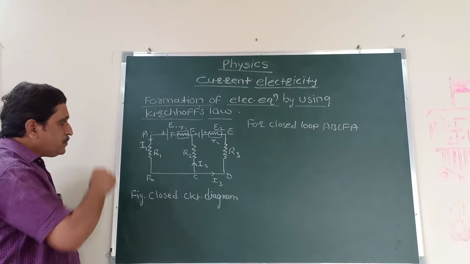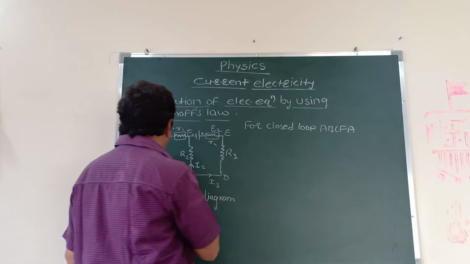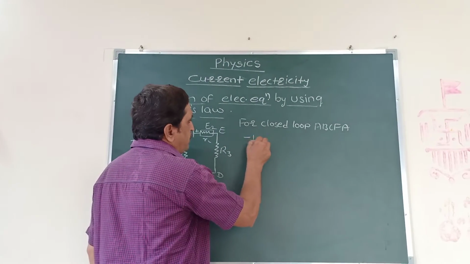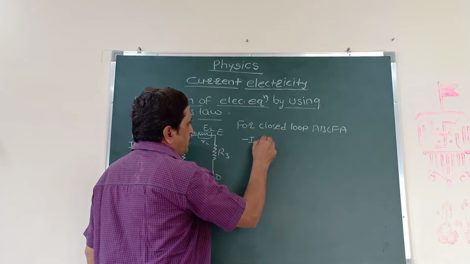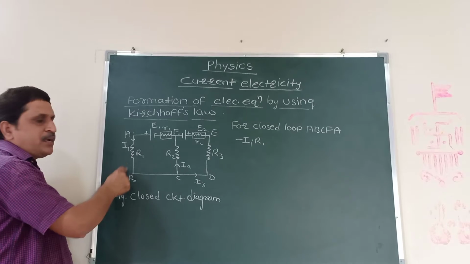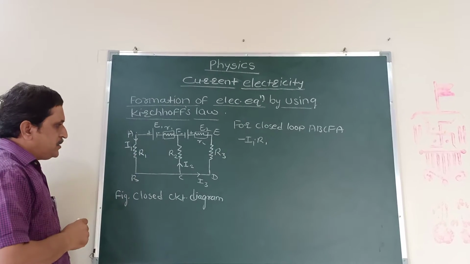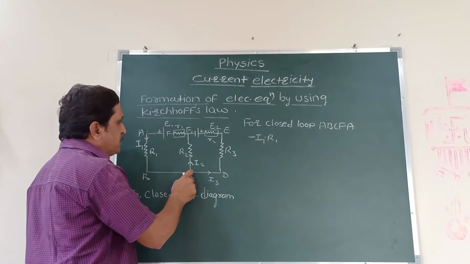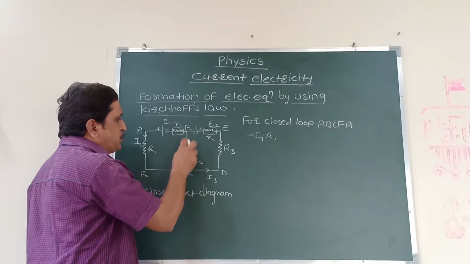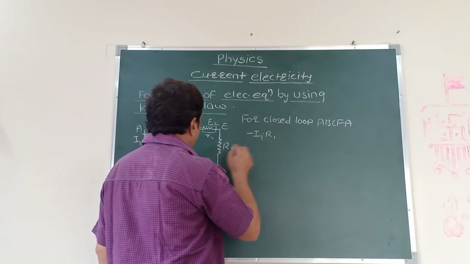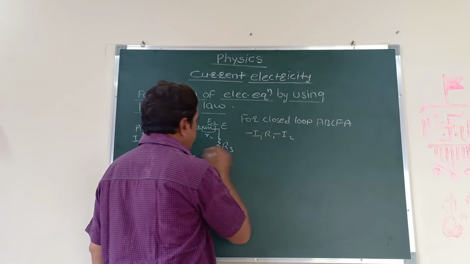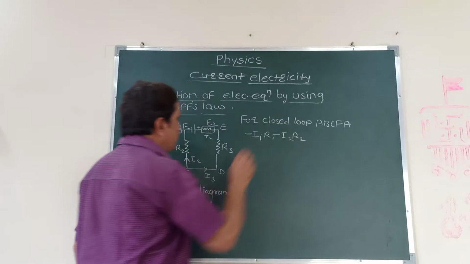According to Kirchhoff's second law, we can write that the product of current and resistance is negative for this path. That means minus I1 into R1, because current is moving in the same direction in which the loop is being traced. Now, for this path C to F, current is flowing in the same direction in which the loop is being traced. Therefore, again this product is negative. That means current I2 and here for this path resistance R2.